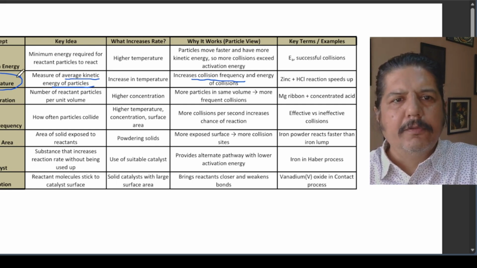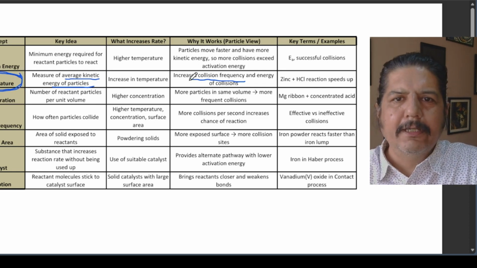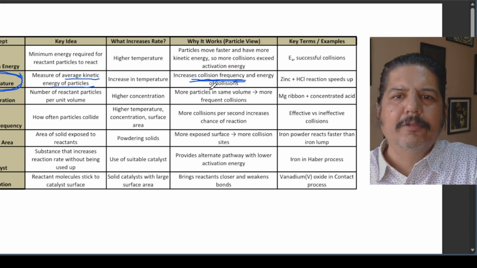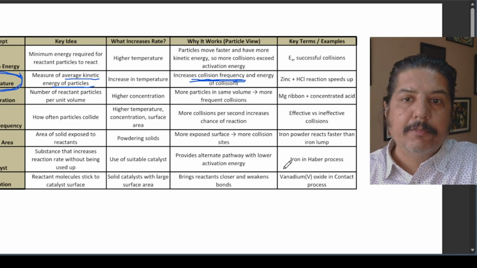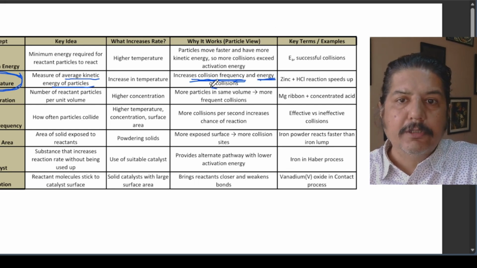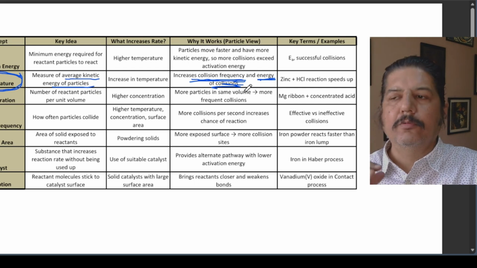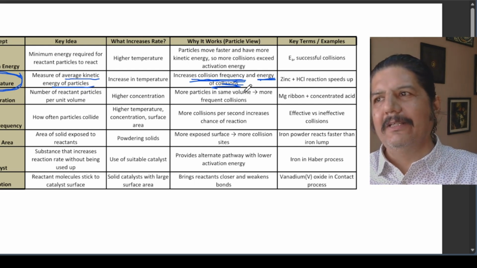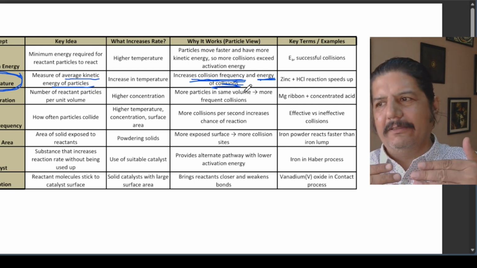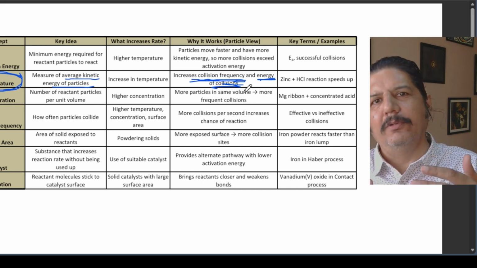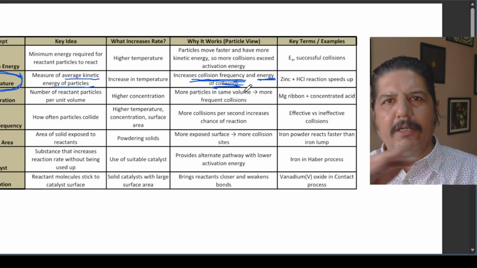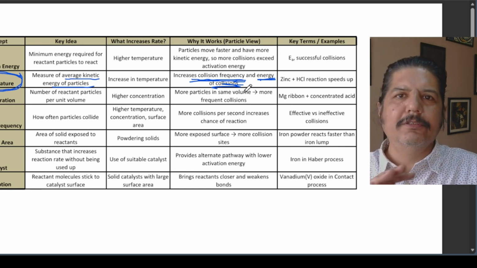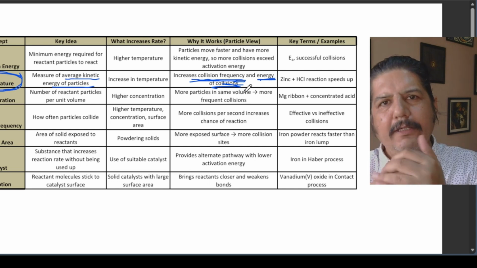So what I'm trying to explain is, what does an increase in temperature do? Basically, the increase in temperature increases the collision frequency. The first is the collision frequency, and the second thing that happens is the energy of collisions also increases. Again, if we take the football example, when you are low on energy, the number of collisions would be less, and the energy would also be less. But when you are feeling energetic, the more running around you will be doing, and when there will be collisions, there will be more energetic collisions.